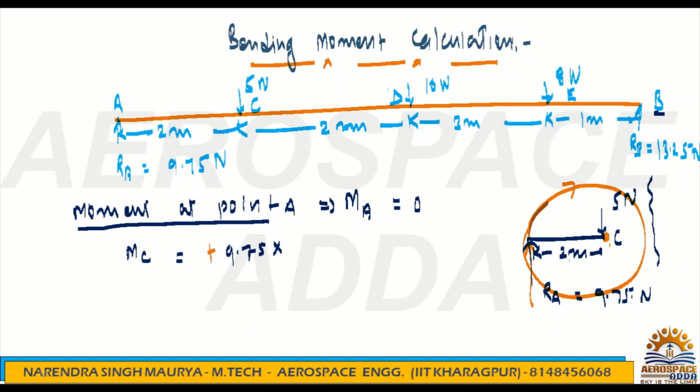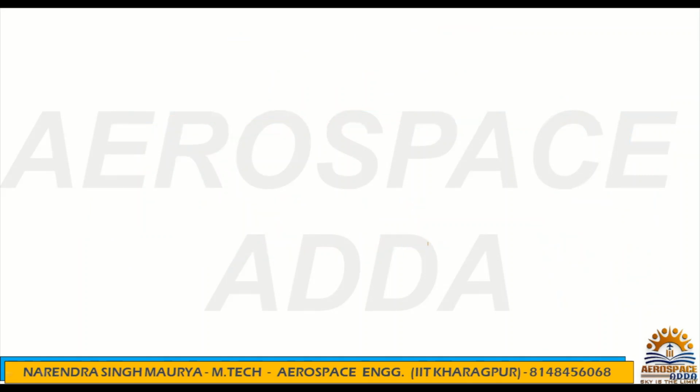What is the perpendicular distance? It is 2. So 9.75 into 2, its value will be 19.5. Now this is the moment, so 19.5 Newton meter. Okay. Similarly, you can calculate moment at point D. Okay. So if you write moment